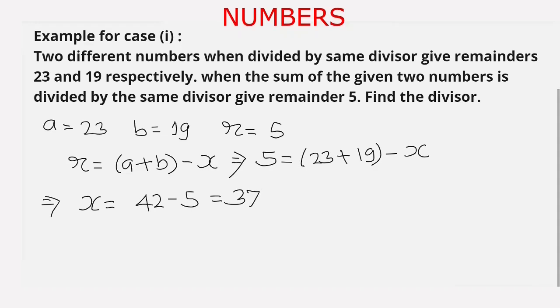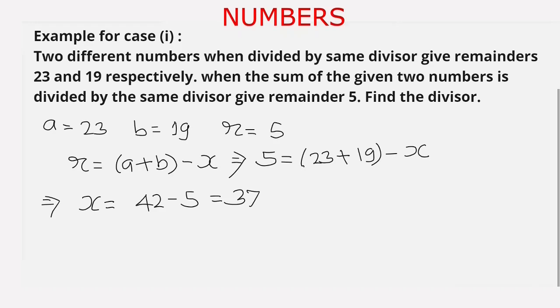This way we can find the divisor. Here m is not given to us, that is the first dividend, and the second dividend n is not given to us. The first is divided by some divisor and leaves remainder 23, and the second number when divided by the same divisor leaves the remainder 19. If m plus n, that is the sum of both the dividends, is divided by the same divisor